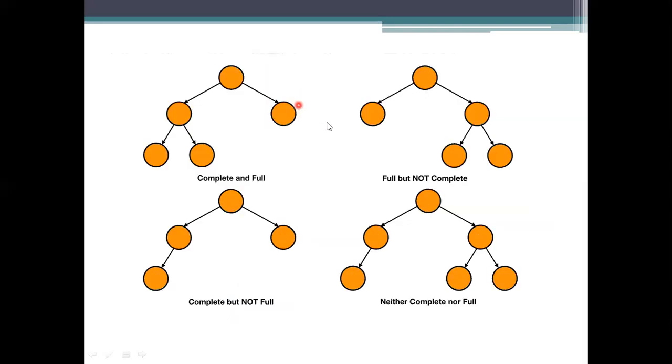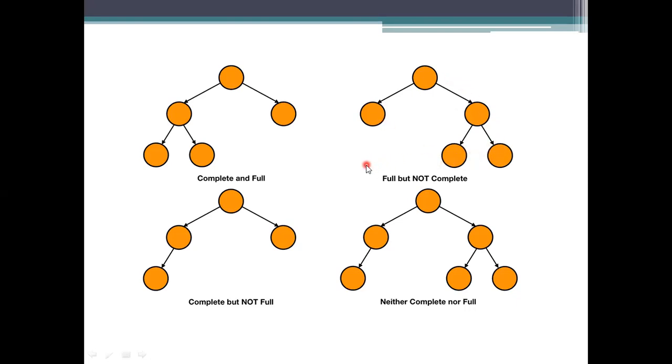And these are the complete and full representations here. A full binary tree means every node has either two children or none at all. From left to right, the bottom level has to be complete. So here it has been completed, and the next one is not. Here it is a full tree, because it has either two elements or no subchildren, so it satisfies that.